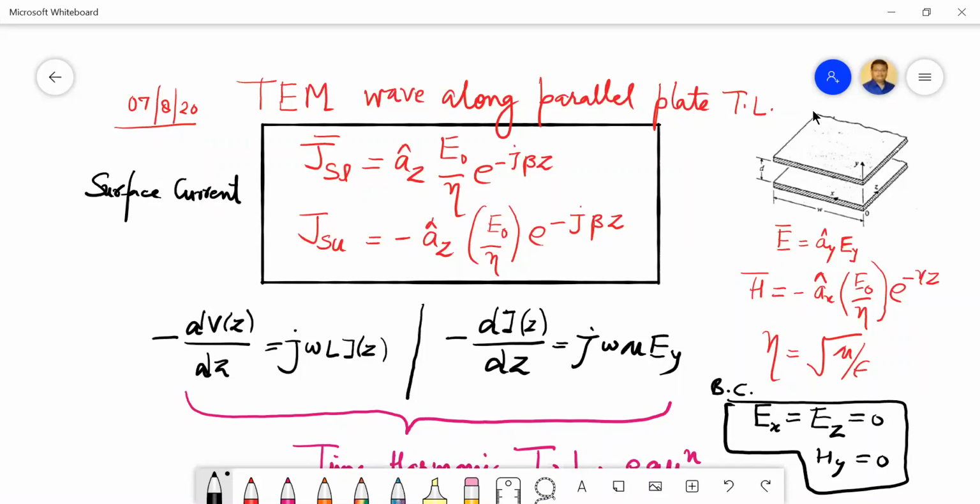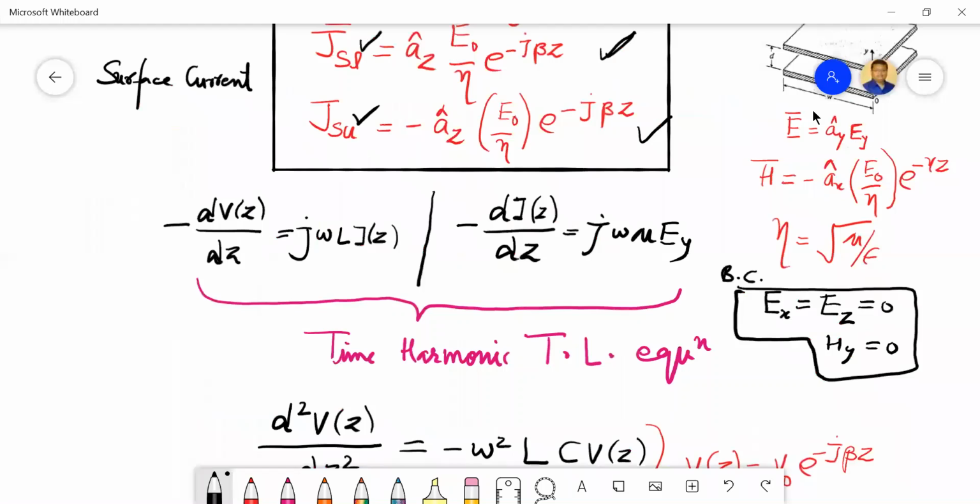correct? After having the boundary condition and the idea of the electric and magnetic fields, one can easily fix the surface current, like you can see here. Particularly, we have written all the things in terms of the electric field, fine, at the lower plate as well as at the upper plate, fine. So these were the two surface currents actually, fine. Then after